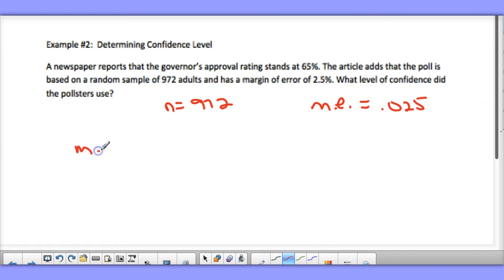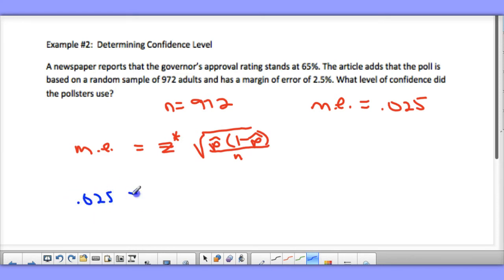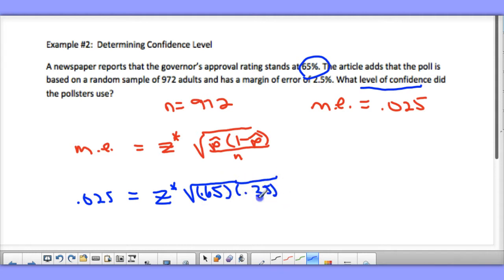So remember, our formula for margin of error is our z star value times the square root of p hat times 1 minus p hat all over n. So I'm going to substitute in what I know here. I know my margin of error, that's 0.025. I don't know my z star value because that's related to the confidence level, which I'm trying to figure out. So I'll just leave that there. p hat is this 65% that they got from their poll. So 1 minus p hat would be 35%. And my sample size is